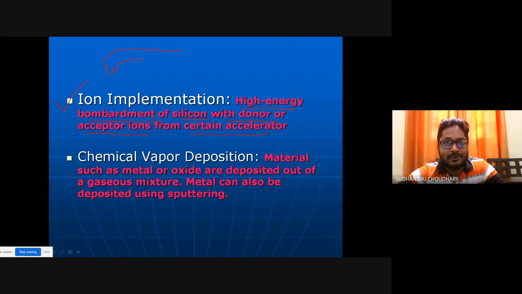The ions are bombarded from this source, which is my ion source, for example. Then they move through this tube, and then you have some sort of accelerator here, an ion beam accelerator.